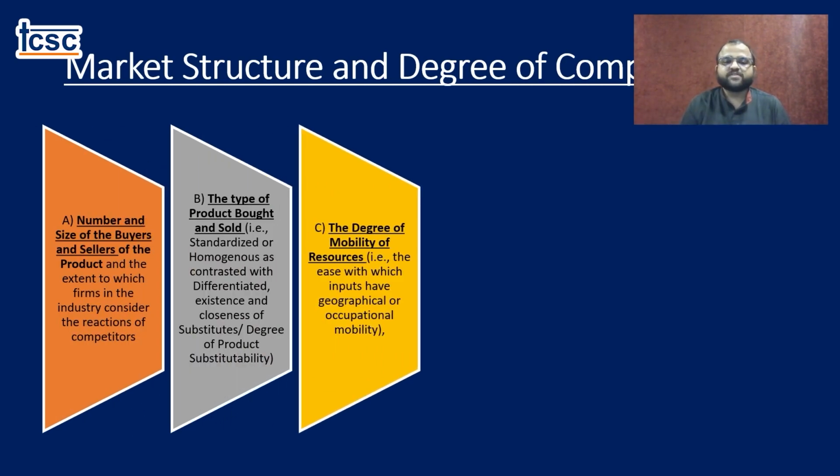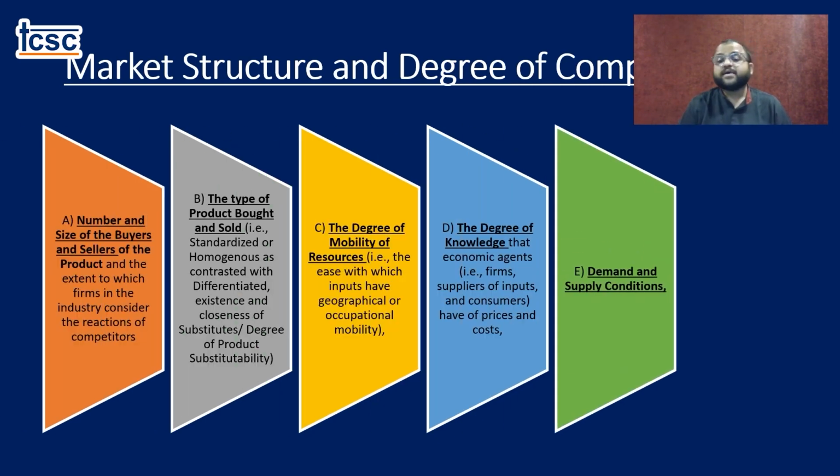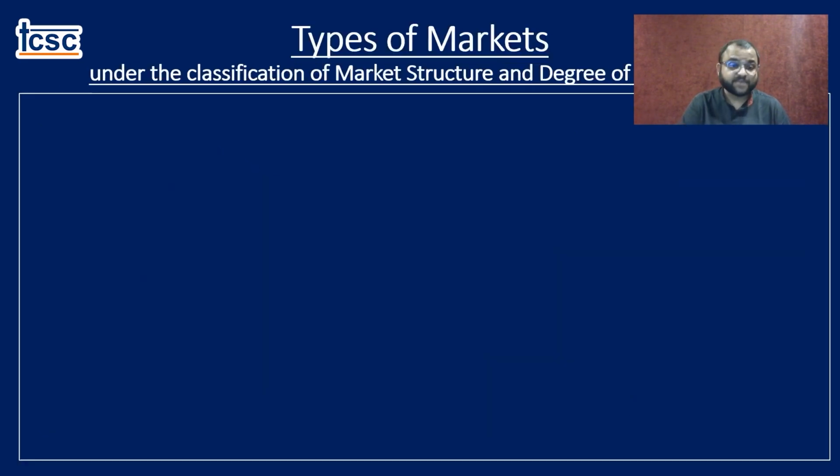We also need to consider the nature of mobility of resources. Now, this is very important because if you're shifting from one firm to another in an industry, whether the factors can be moved or not. Similarly, we talk about degree of knowledge. How do we know about the market? What information do we have with respect to production, consumption, marketing, and so forth? Similarly, we also consider ease of entry and exit because it allows us to understand the importance of a firm entering a market and a firm leaving the market, because that dictates the market in a larger way.